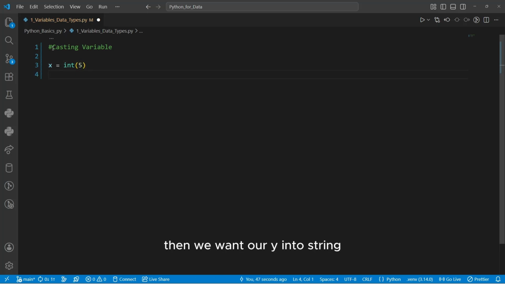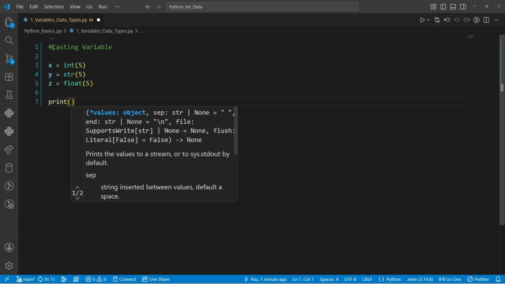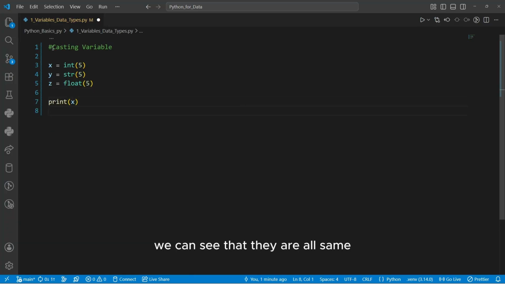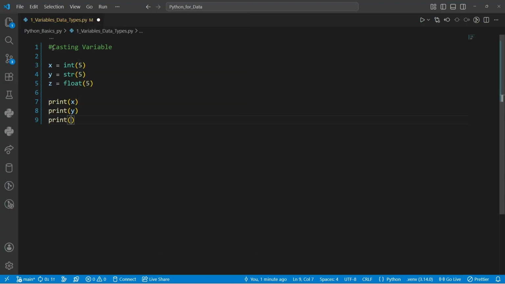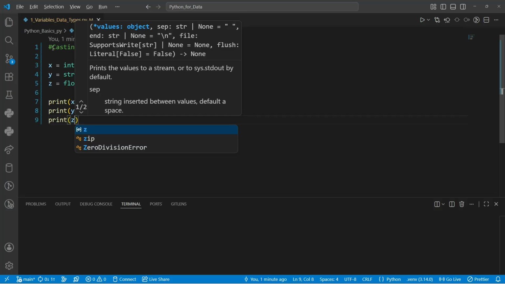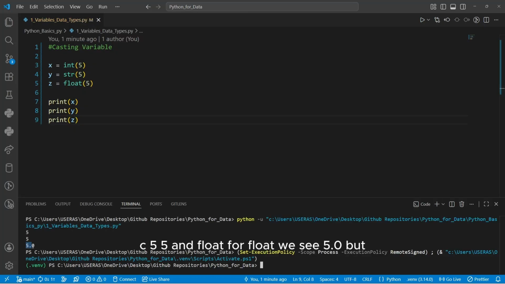Then we want our y into string, then we want our z into float. If we print them, we can see that they are all the same. See 5, 5 and float. For float we see 5.0, but